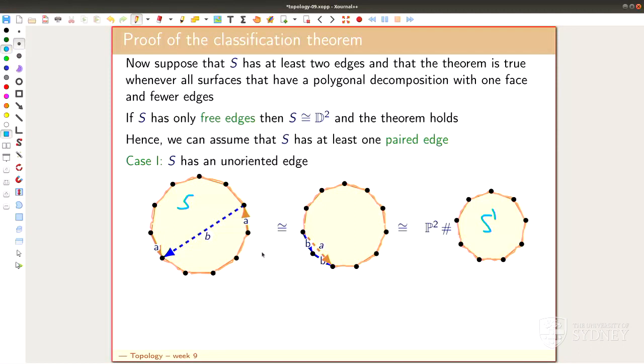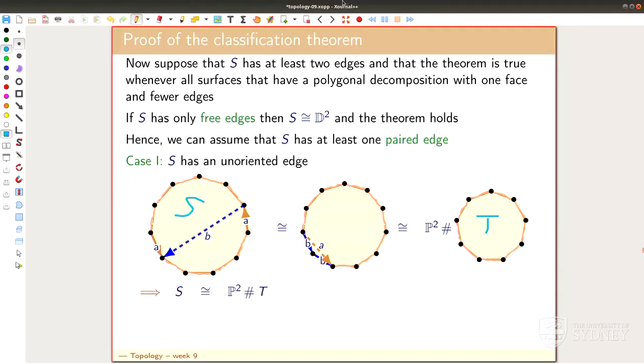So this one has something, whatever, D, P, and T by induction, whatever it is, then it follows that this one here has the same D, a P plus 1, and a T. We just cut off a projective plane. Hope that makes sense. I just found a projective plane, I take it away, and I get my new decomposition inductively from the old one. Hope that makes some sense. So I call it T. Okay, this is S, this is T. Fine. So the surface S is projective plane hash